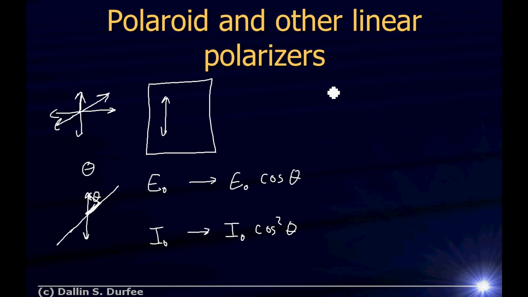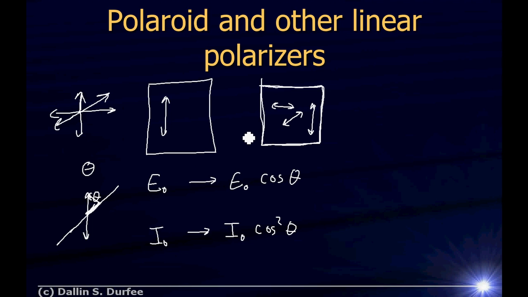Now, an interesting experiment which we will do in class, and I'm going to let you think about it now: imagine I have a piece of Polaroid that only passes light polarized this way. On top of that, I'm going to stack another piece of Polaroid that only passes light that way. If I shine any light through there, nothing's getting through, because whatever gets through this one won't get through that one. But then I will insert another piece of Polaroid that passes light at 45 degrees. What will happen? I'll let you think about that, and we'll do that demonstration in class.